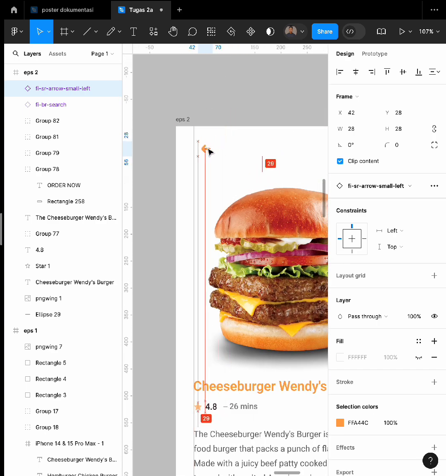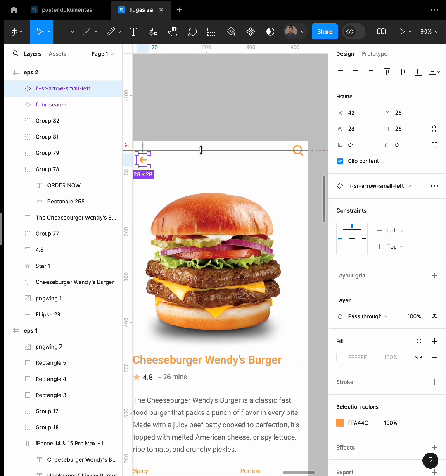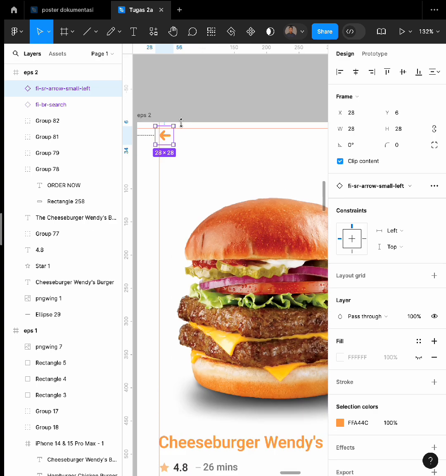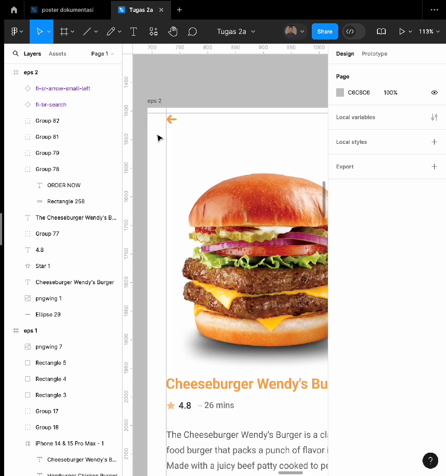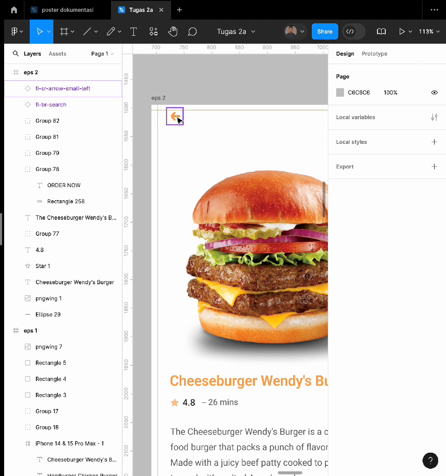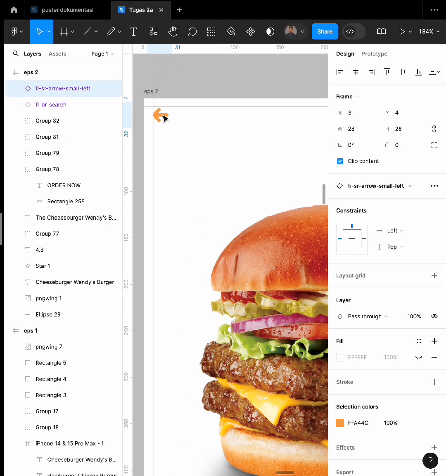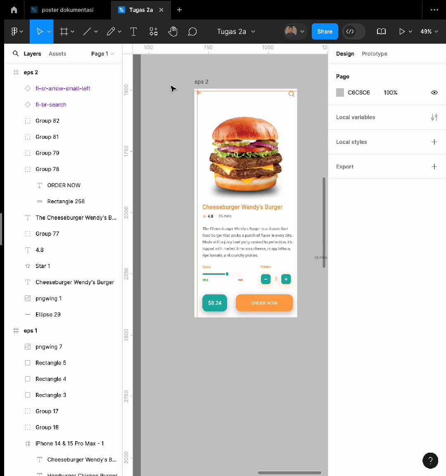Put it on here. Don't forget the ruler. That was perfect.